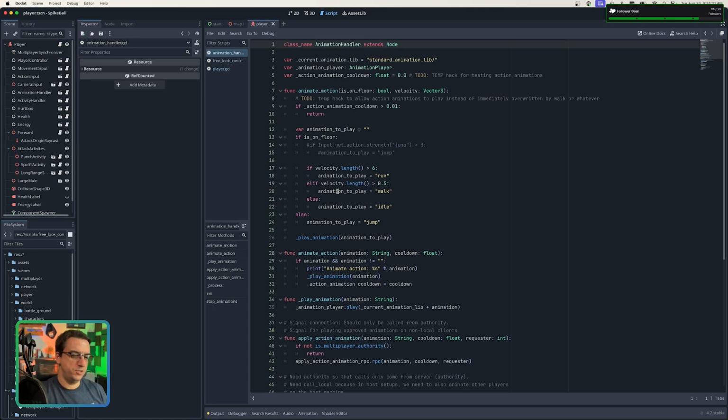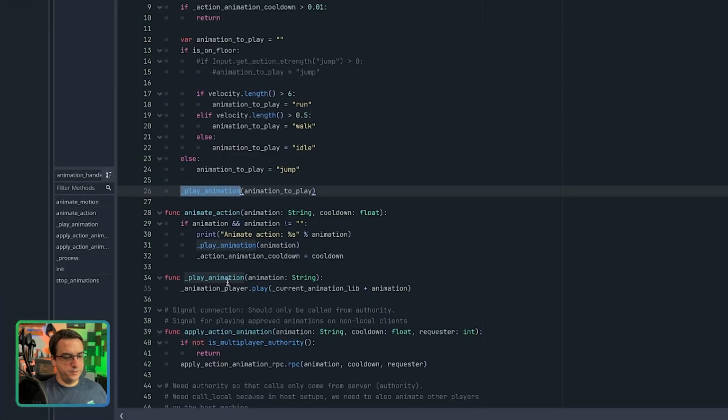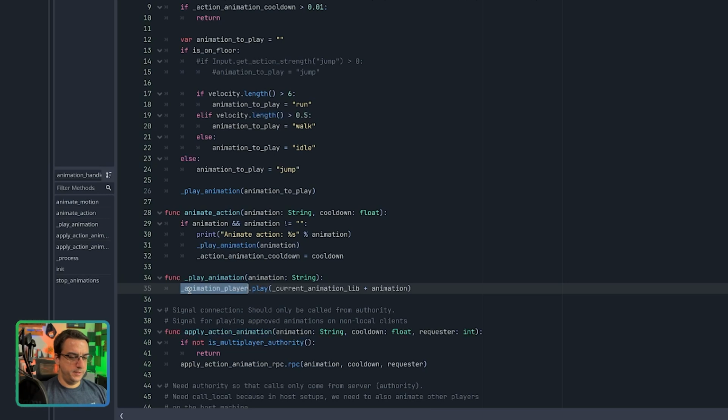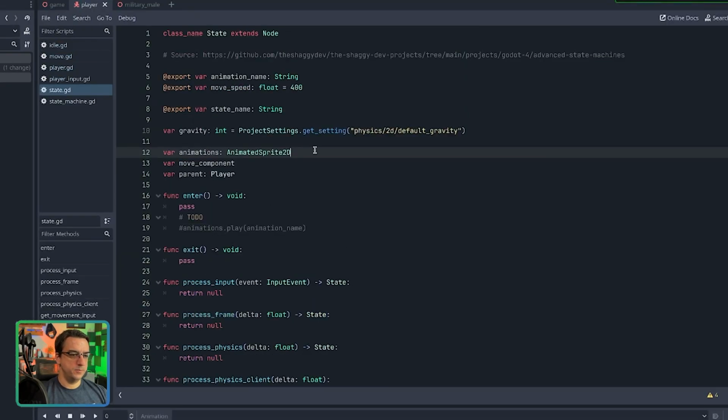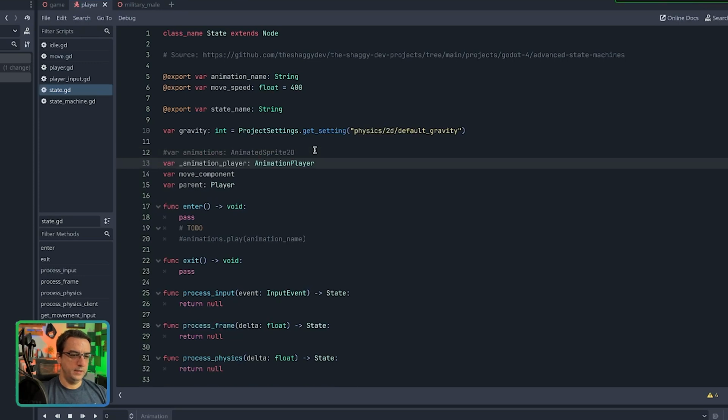So this is like the other way to do this. So I'm using a state machine way. If I wasn't using a state machine, I think I would be doing it this way. And all I have to do is call animation player dot play. Yeah, so this is pretty straightforward. I'm just gonna cheat and copy paste some code. So let me try to do this. Let's try to get rid of that, and let's have an animation player,